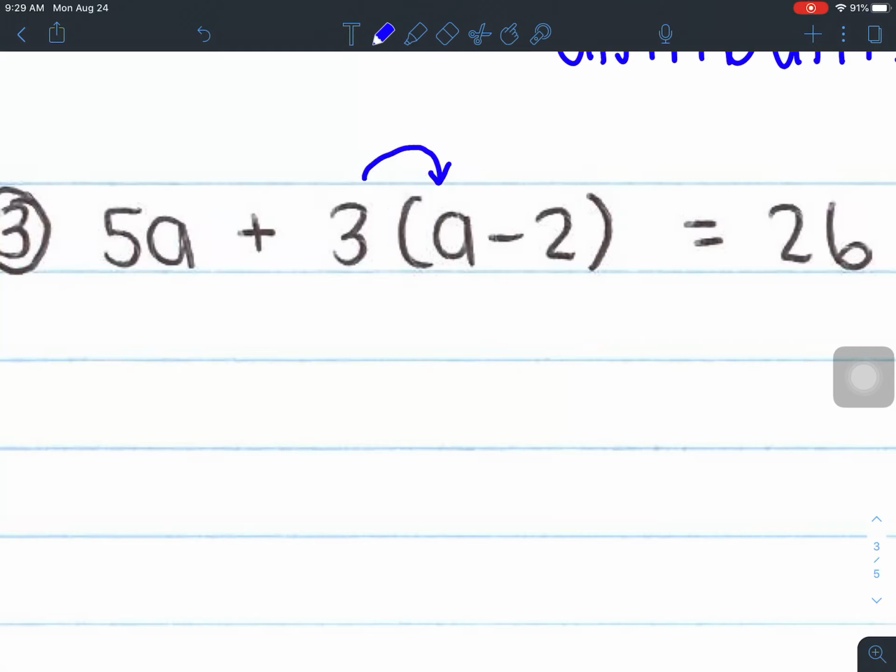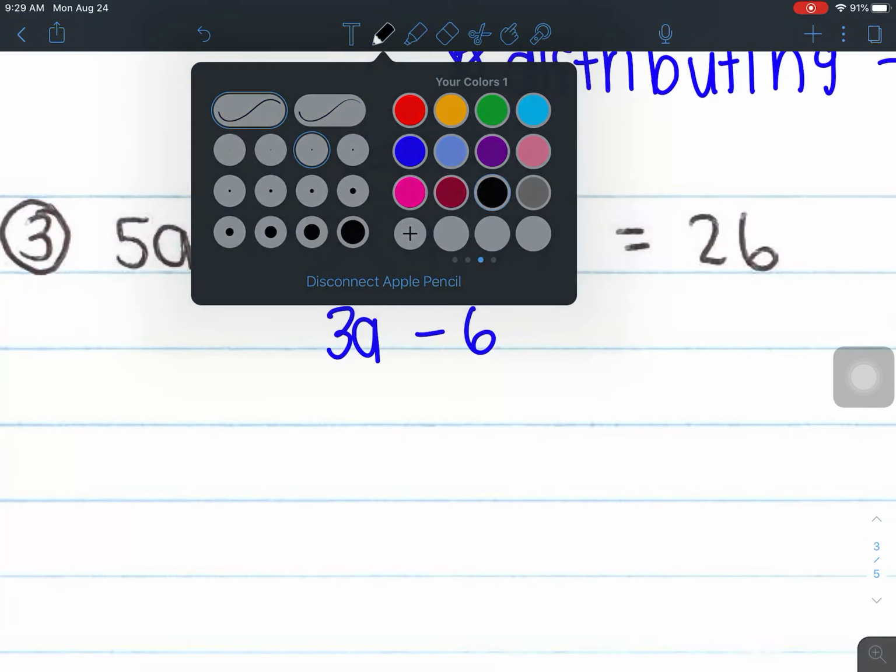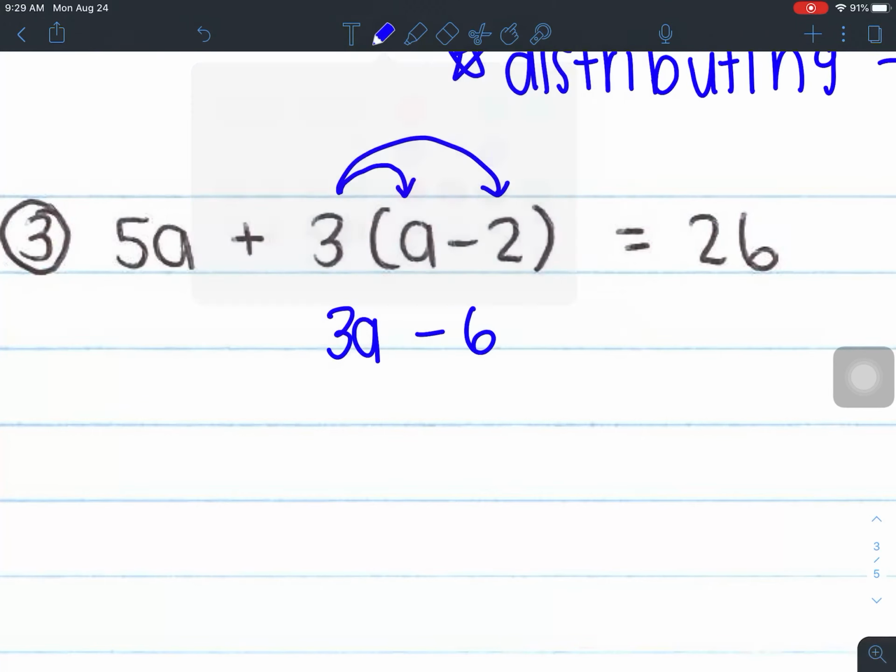So I'm going to do 3 times a. Well, 3 times a is just 3a. 3 times negative 2 is negative 6. 3 times negative 2. We're not adding them, okay? Now, I haven't done anything else to the other terms. This is a positive 3 because there is a positive sign there. So I'm going to leave everything else as is and drop everything down. So the only thing I've done here is get rid of those parentheses, and now I can move on